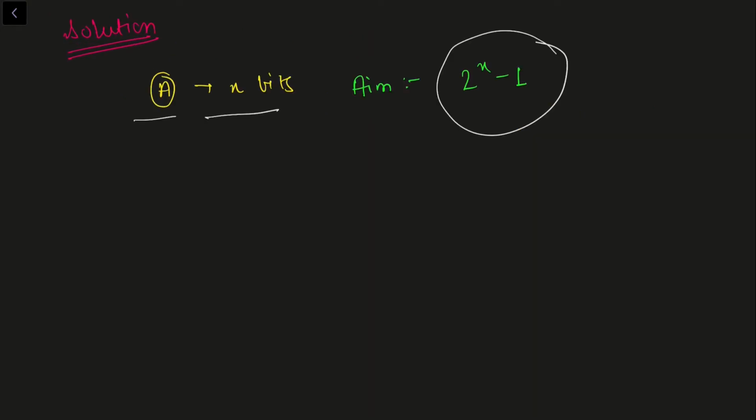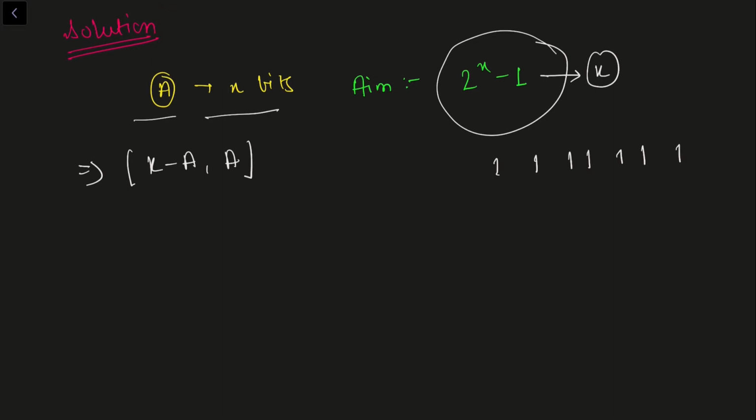Moving further, let us assume that 2 raised to power x minus 1 is k. Then we need to create k, right? So what we can do, our answer will be k minus a comma a. Why so? Because we know that all the bits in k are set. So we have